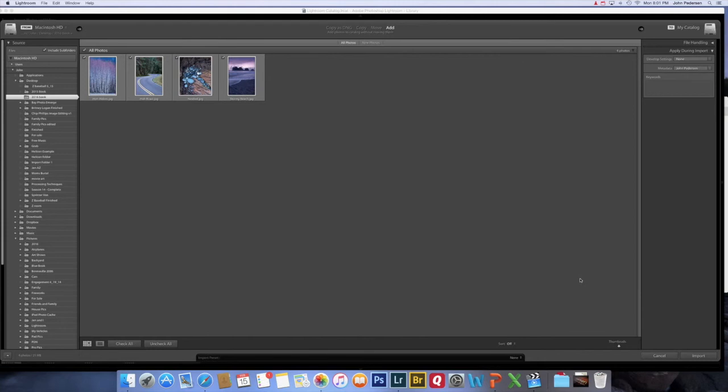Now the real trick and the real power and beauty of Lightroom is that I can set up a preset so that every time I import images into my Lightroom catalog, it will apply this metadata without me having to go through that step. And what you do is down here at the bottom of the screen, if you can see this import preset, there's an option to save current settings as a new preset. Let's go ahead and do that. And I will go ahead and create this, and I'll click import,